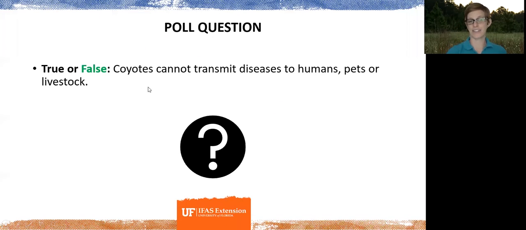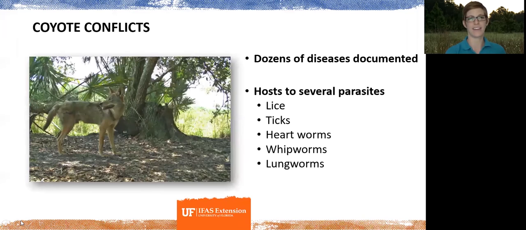Coyotes can transmit diseases to humans, pets, and livestock. I know the wording on that could be somewhat tricky, but they have dozens of diseases that have been documented. Rabies is probably number one that comes to people's mind. It's not something that we encounter often in terms of people being bitten by a rabid coyote or pets even, but they are carriers of the disease,